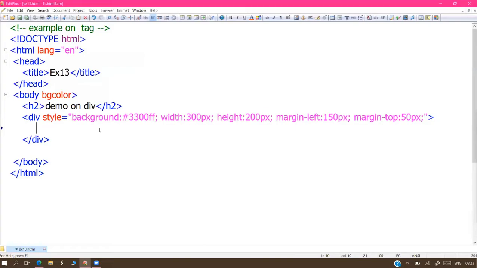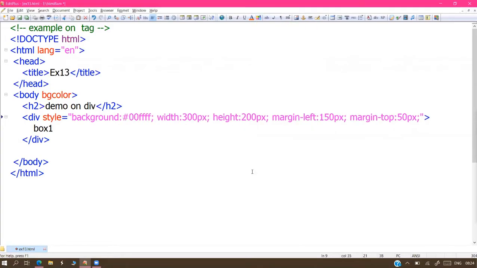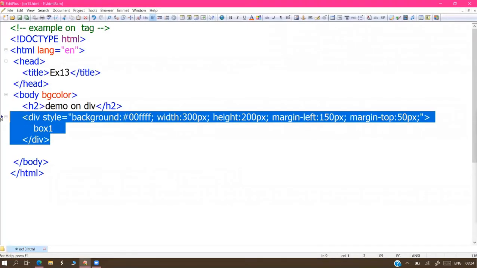Right now, this is one division tag. I'm just taking light colors, nothing else. This is the first box. Next, I want to create the second box, sir.